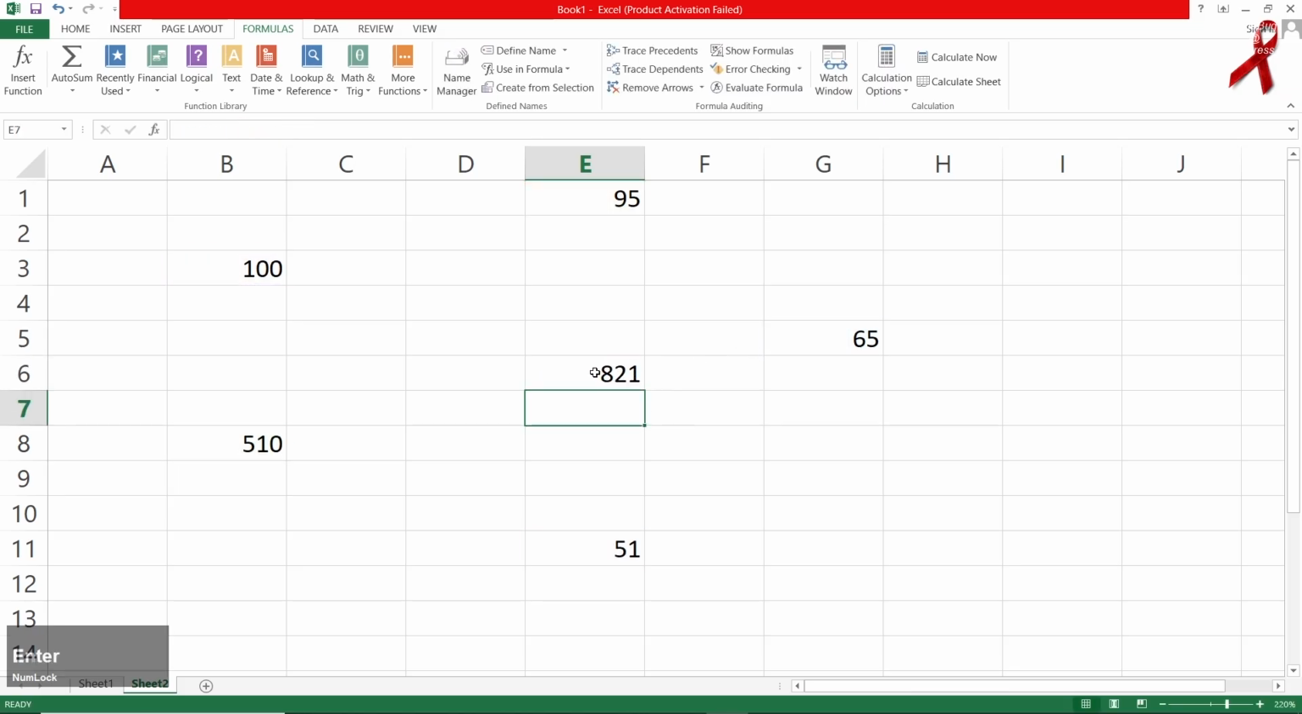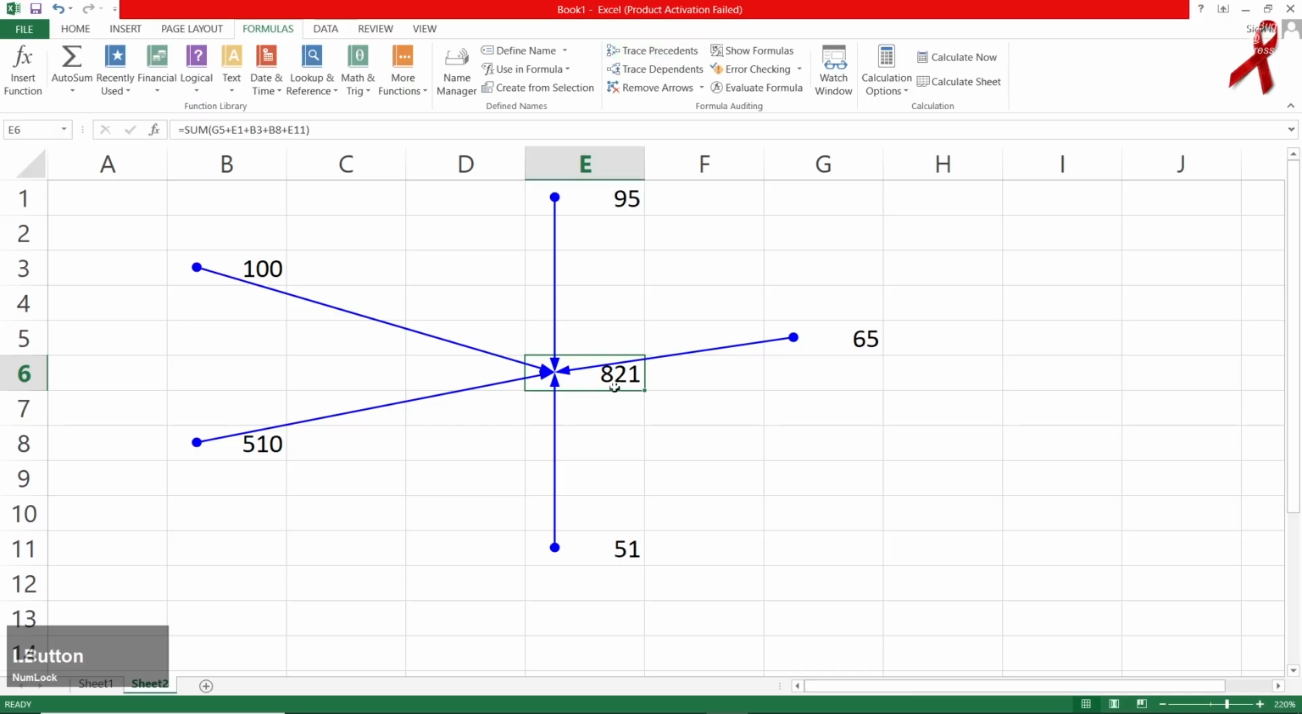So it becomes 821. That is the answer of the 5 amounts that I have typed. So click on 821 and go for trace precedents. Click on this. So now you can see that sort of indication is coming towards 821 from 65, 95, 100,